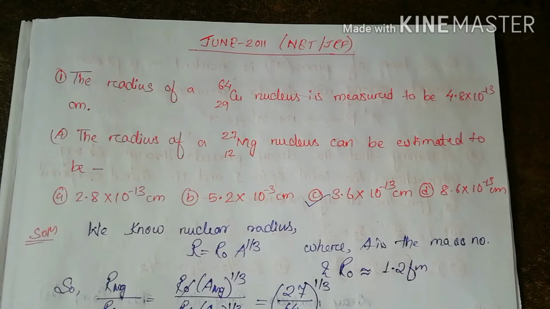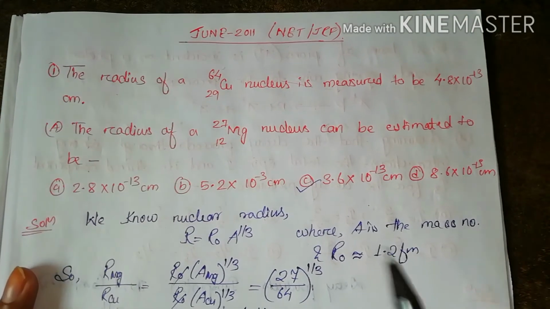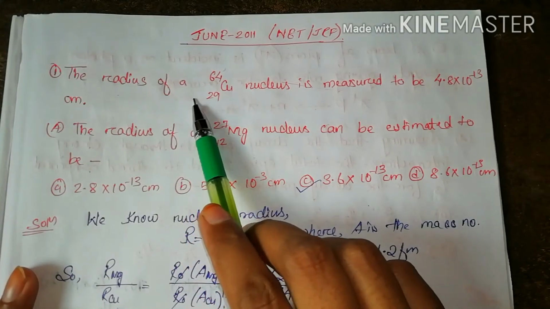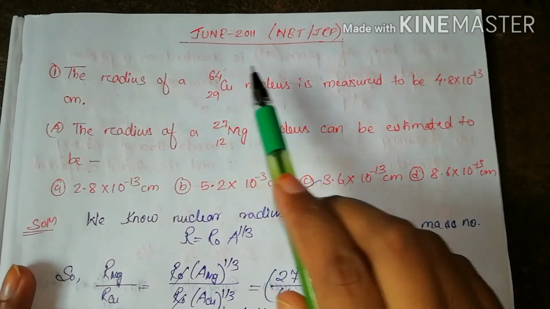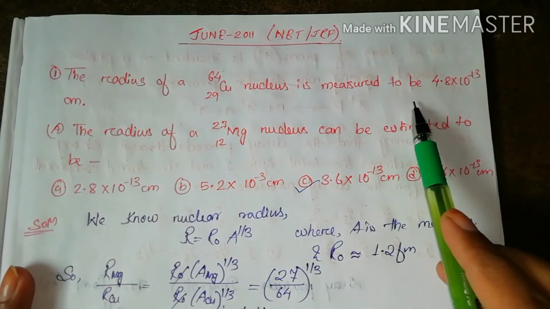In this video we shall discuss the questions of CSIR NET examinations, and these questions are of nuclear physics, and we will discuss the questions of June 2011. So let's start. The first question is that the radius of copper 29, 64 nucleus is measured to be 4.8